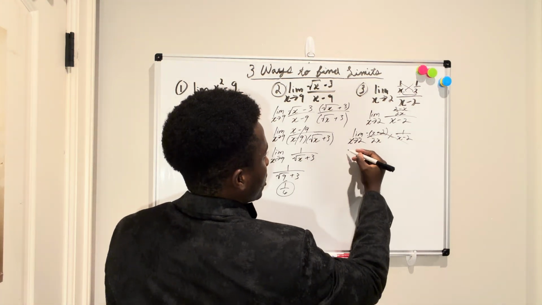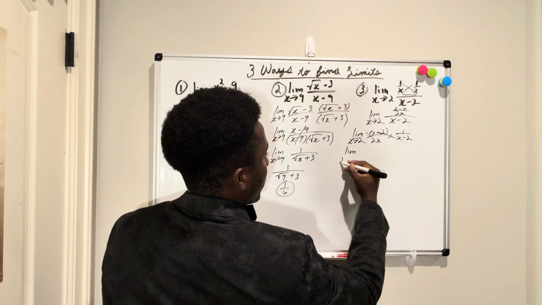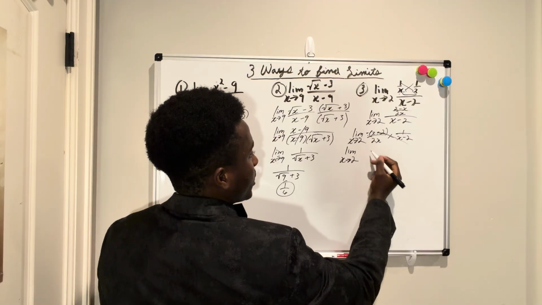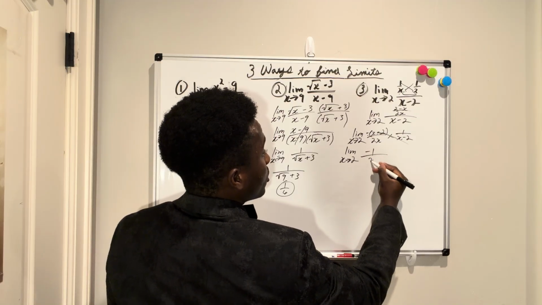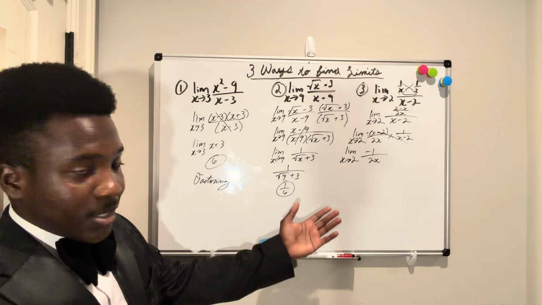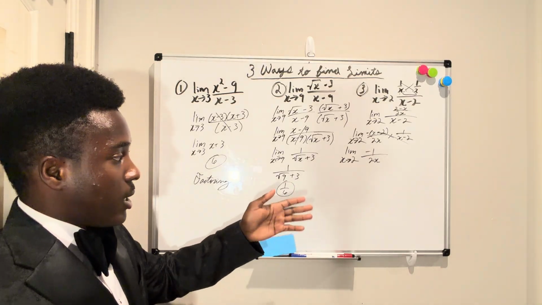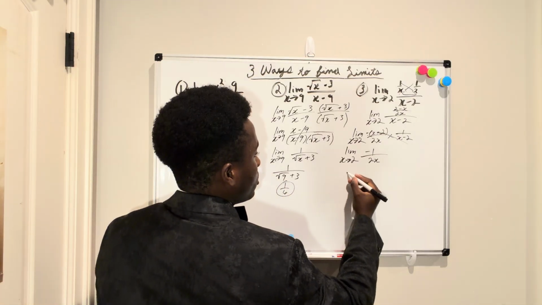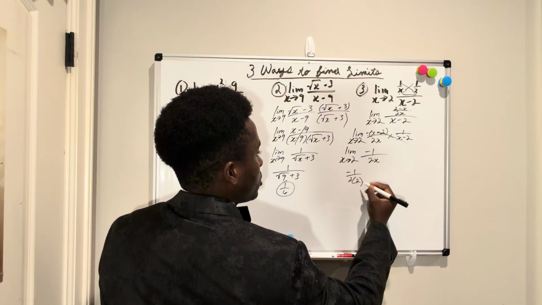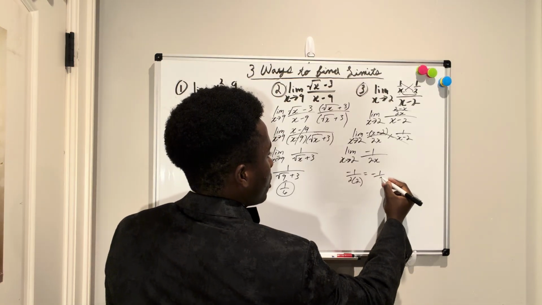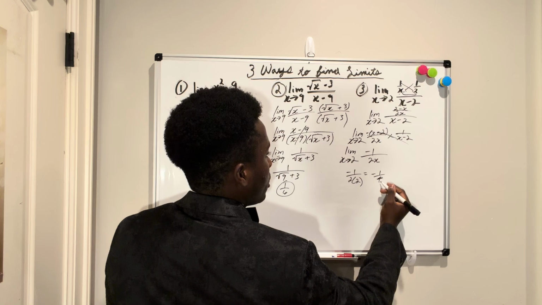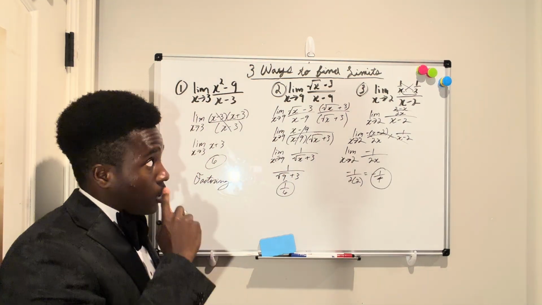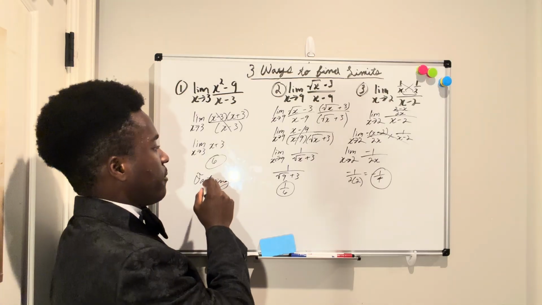And then, when we rewrite it, it will be limit as x approaches 2. And on top we'll have, don't forget about that negative that's there, negative 1 over 2x. And now, this is a limit that we can plug in, that we can solve, and there's no 0 in the denominator. So when we plug in 2 over 2, we get negative 1 over 4. There we go. And this is 3 ways to find limits: